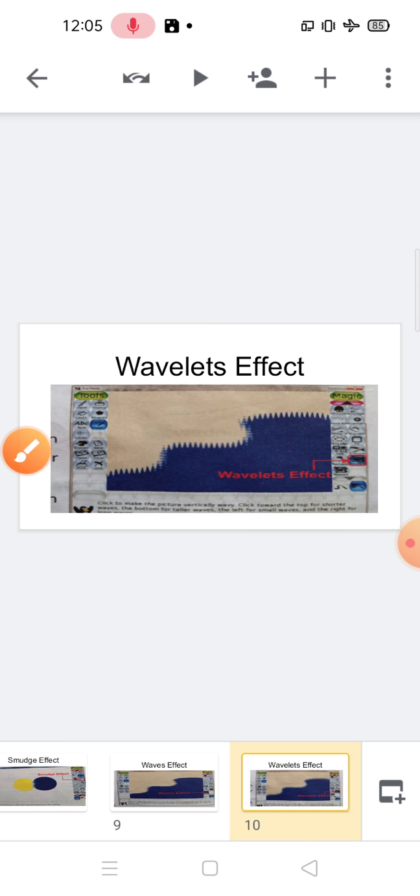Next is the wavelets effect. The wavelets effect wiggles your picture up and down, vertically, rather than side to side. Let us apply this effect to our picture. For this, undo the changes on your picture using the undo button from the toolbox. Then click on the wavelets effect. Read the instructions given by the penguin. Click on the top of the drawing area to add the shorter waves to your drawing. Then after that you can save your work.